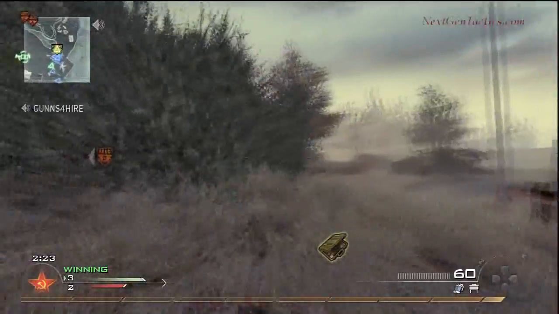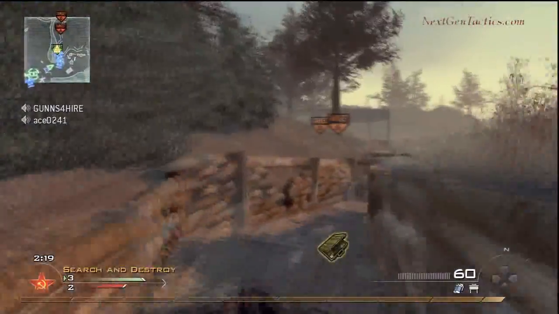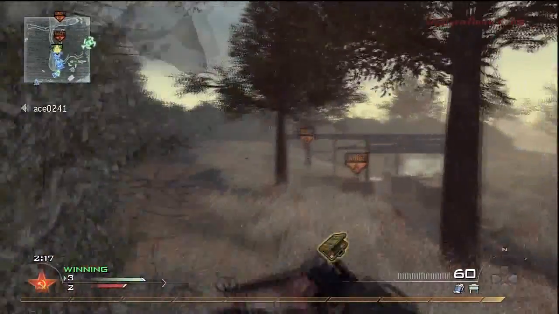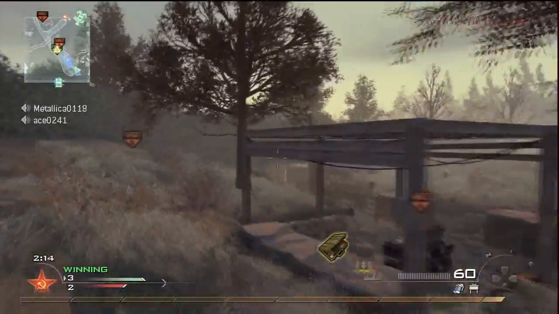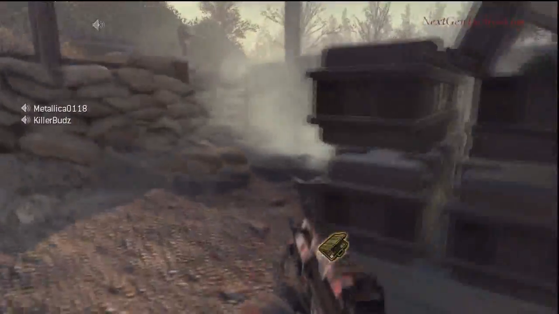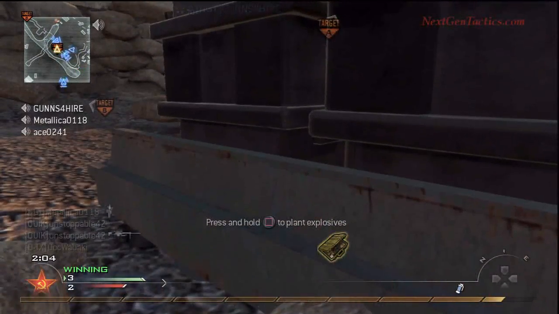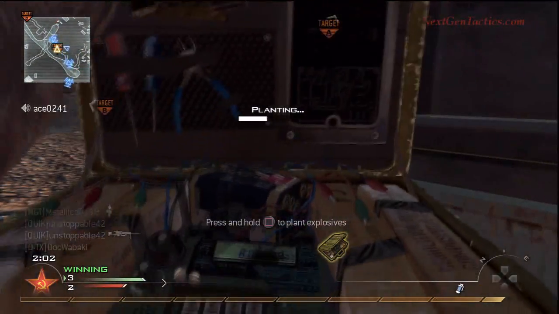So again, we do the rush plant to A quite a bit, just because it's the thing to do. We can get to A first before the enemy, especially with our class setup. And this time I don't throw the stuns. Actually, I do throw a stun there, but I usually stick to the trench. Right, there's one in that house. So we've got 3 guys around us,